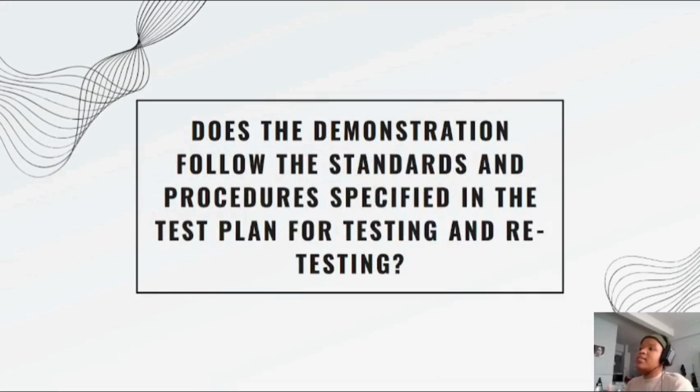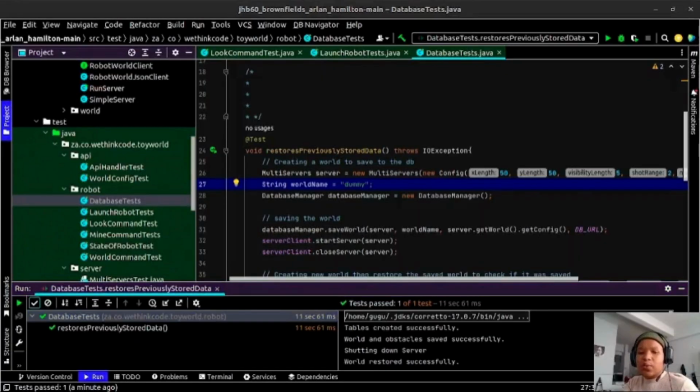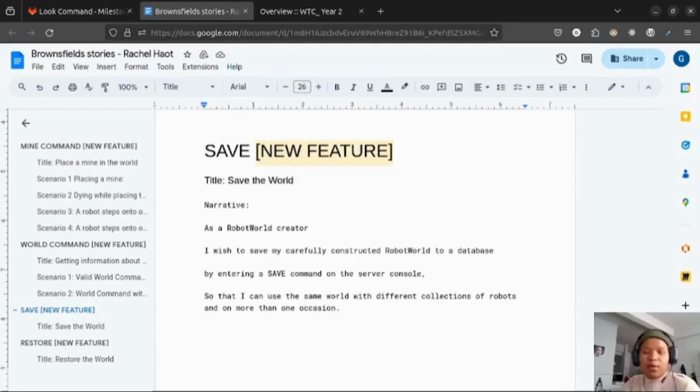Does the demonstration follow the standards and procedures specified in the test plan for testing and retesting? So yes, as I mentioned, we did have specific structures that we did follow in terms of the stories and creating tests and everything like that, right? If you can see here in terms of the structure,